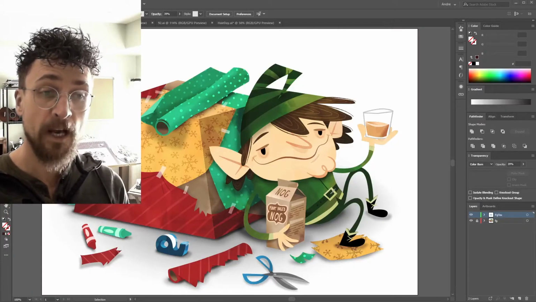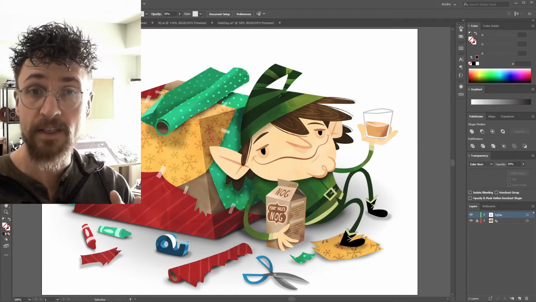I'm going to be showing you how to just apply a mask to one layer to keep it separately from the background layer. But you can really, sky's the limit. You can put as many masks as you want. So here I'm going to show you a couple illustrations I've done in the past and the method that I've